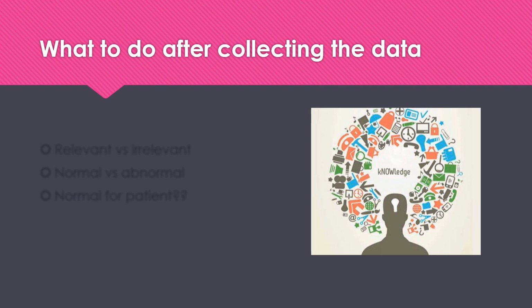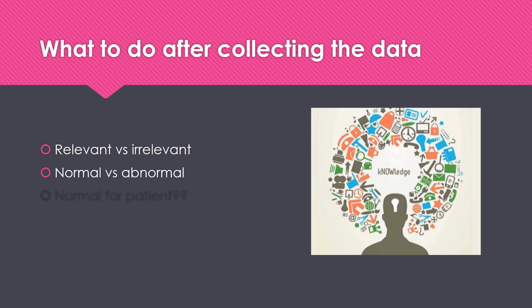So after we've collected all of our subjective and objective data, we need to look at all of the data to see what is relevant and irrelevant. You will be using all of your knowledge about disease processes to do this. One important thing to note is sometimes normal data is relevant. You could have a patient having all of the symptoms of an infection, but their vital signs are normal and they don't have a fever. That information is important and should be relayed to the provider. So when you are going through your data and looking for those cues, don't always discount normal data.